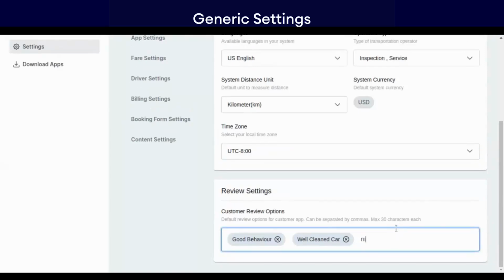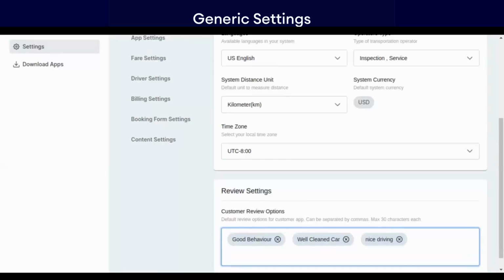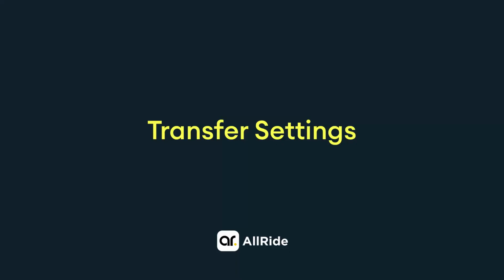Overall, the Generic Settings section empowers administrators to tailor the platform to meet specific operational requirements and user preferences, enhancing the